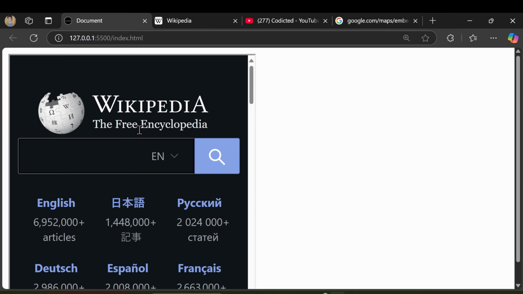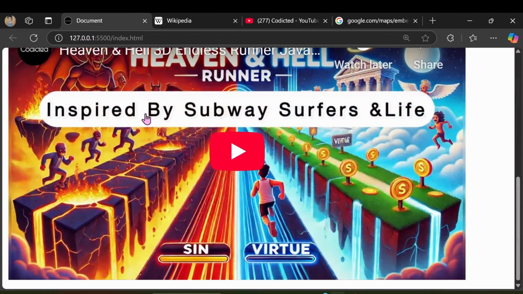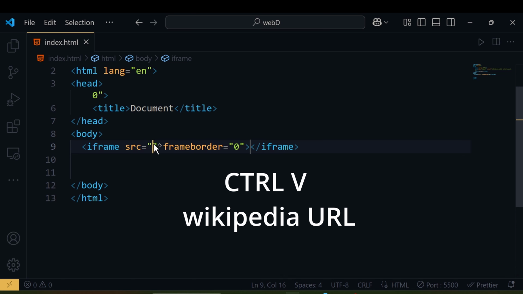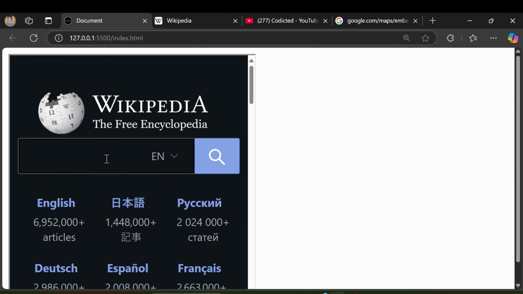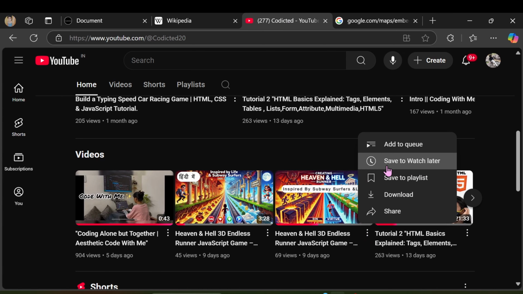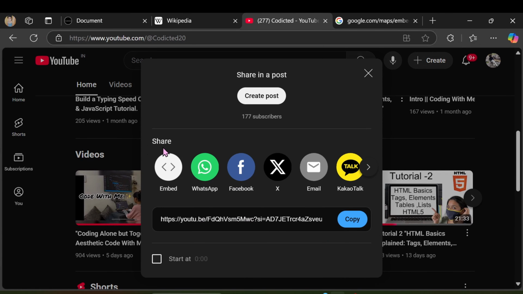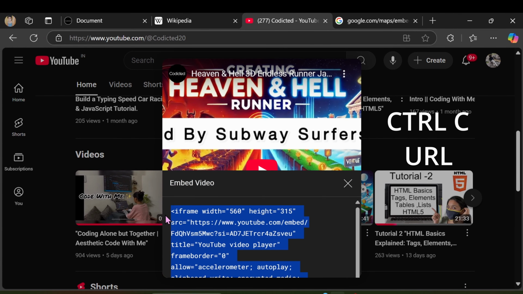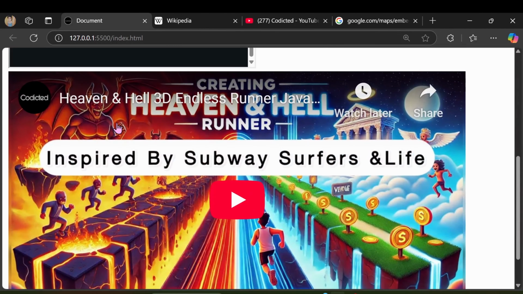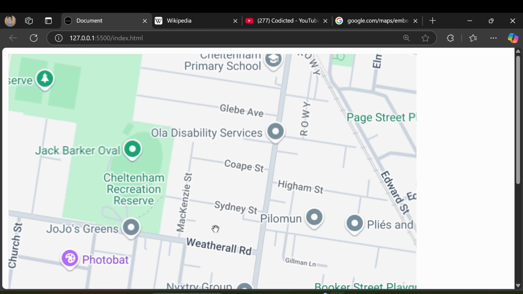Next tag is the iframe tag, which is used to embed other websites or YouTube videos. So first we can embed another website, where we can embed Wikipedia. Next we can embed YouTube videos. For this you have to copy the embed code, and that's how you can copy the embed code and paste it here. And that's how you can embed YouTube videos also, and you can also embed Google Maps or